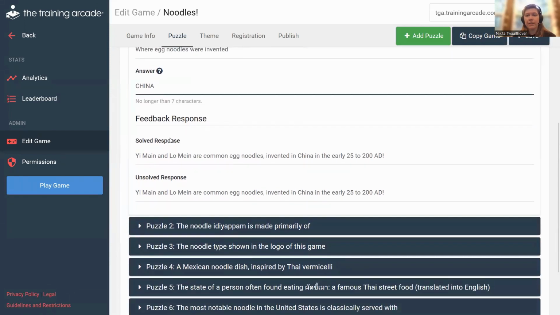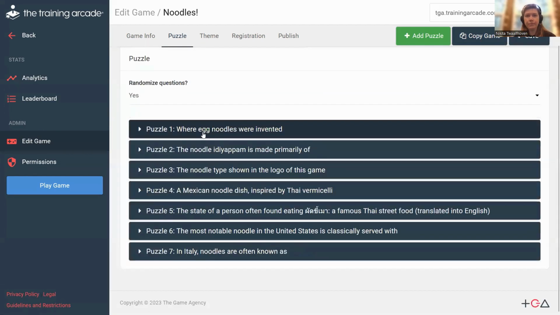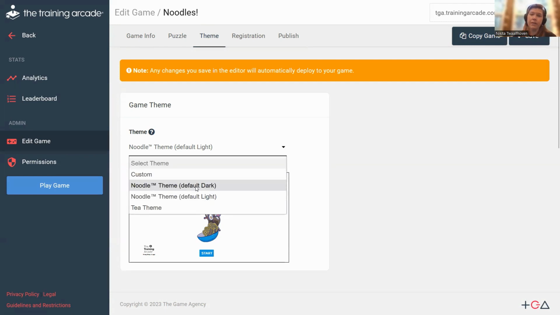Below are the response fields, and everything in there is still the same. And the next difference is the theme tab. So for Noodle, we released 3 new functionalities within the theme tab. The first being that the Noodle default theme shows off the ability to change the theme colors within the game